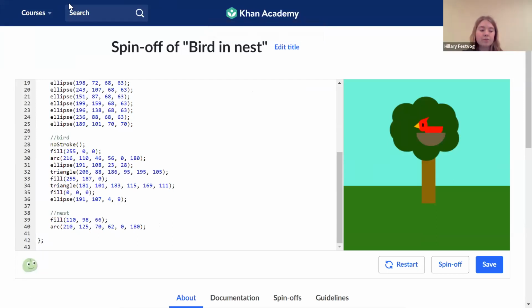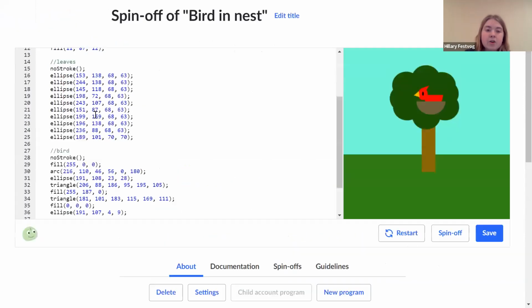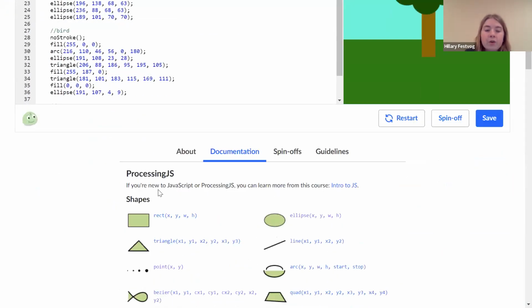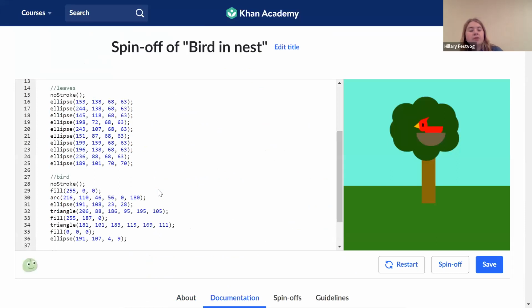The draw function, in its most simple form, is... you're probably thinking, what's the difference? Because I already drew the shape. What this is going to do is tell the computer to repeat this over and over and over. So the original drawing makes it so it just does it once. The draw function makes it so